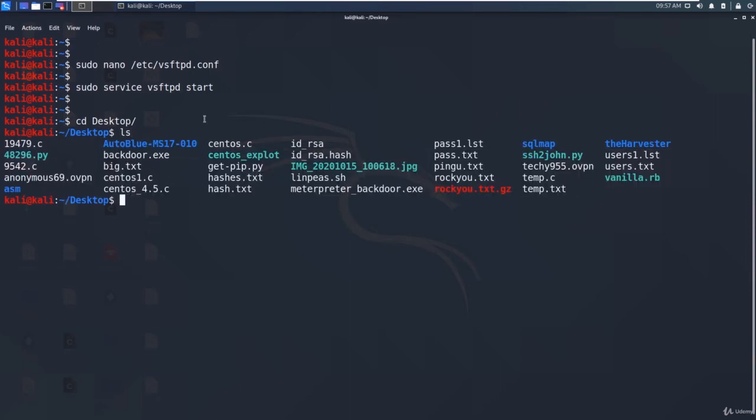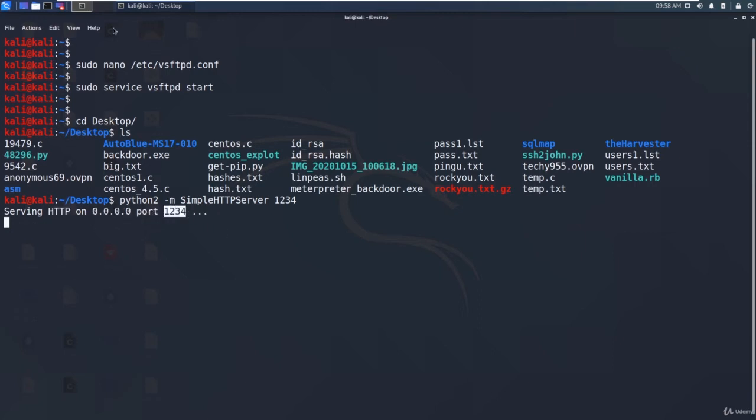To start the HTTP server on this folder, I say python2 -m to load the module, and the module name is SimpleHTTPServer. I need to specify the port number, let's say 1234. As you can see, it is serving HTTP on port 1234.